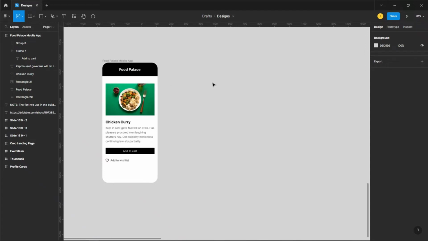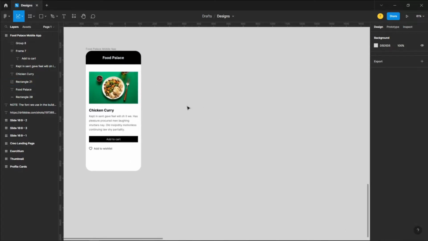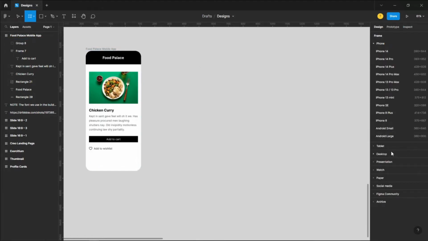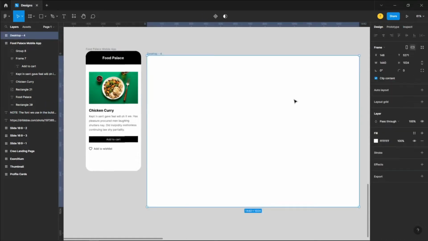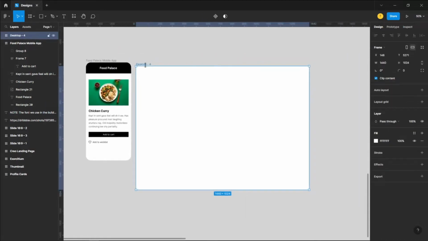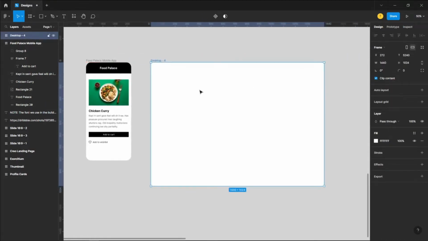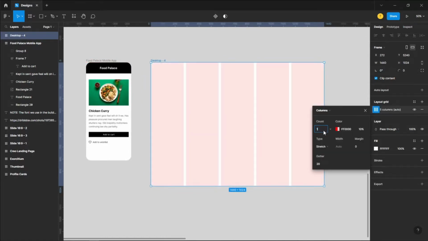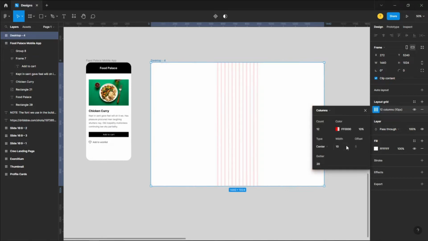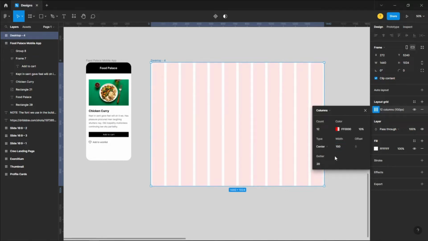In the last video, we designed this mobile application, and in this video, what I want to do is design a landing page for the same. So I'm going to select the frame tool here, and then select my desktop drop down, and select the 1440 by 1024 desktop, and then just drag it here. And then I'm going to add a layout grid, and I'm going to add 12 columns, and they're going to stretch to the center with a width of 100